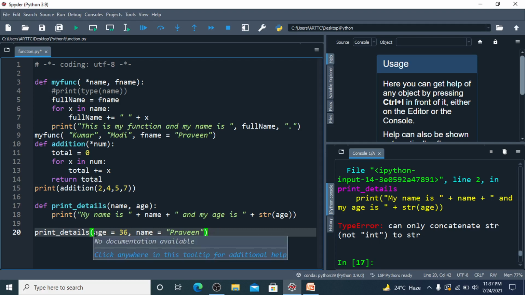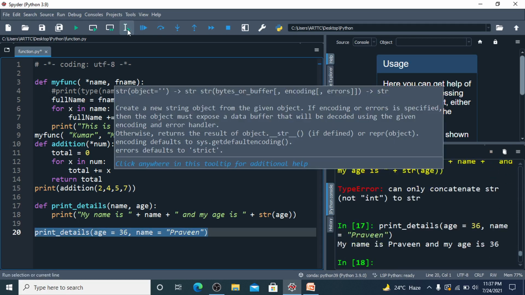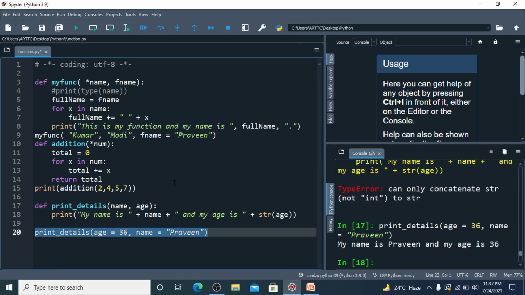We can pass it anywhere. So if I try to execute this function, it will execute without any error, because for this name parameter, we have passed this argument using the keyword name, and for age parameter we have passed argument using this keyword. So this is a key value pair arguments.